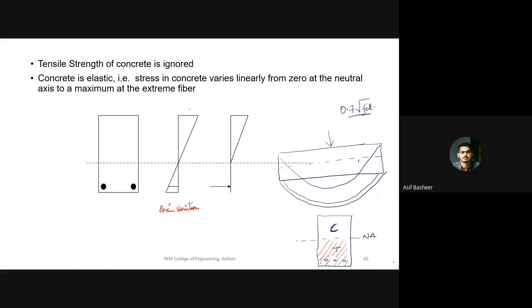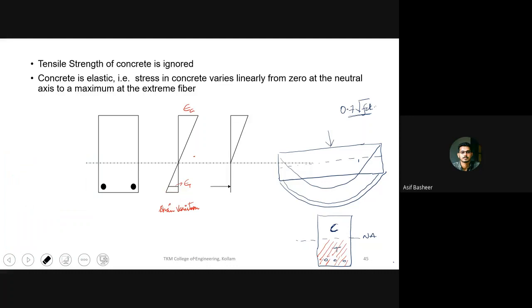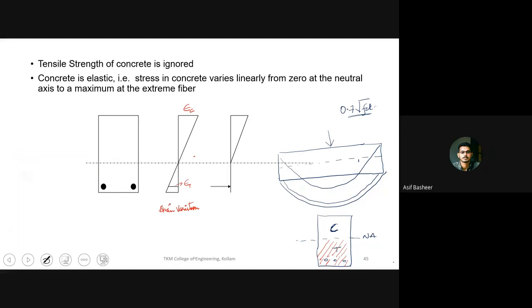This section will have the maximum compressive strain, and this will have the maximum tensile strain, and corresponding to steel, I will take it as epsilon T, the maximum tensile strain in the steel. We will not consider this portion because this is being taken by the concrete. We will consider up to the level of steel. At the level of steel, you have the tensile strain epsilon T, and at the concrete, the maximum compressive strain, epsilon C.